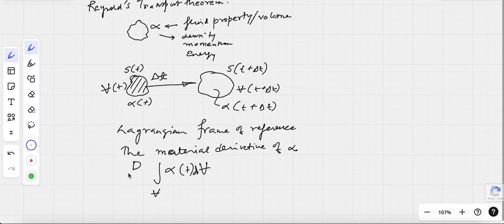Material derivative is D by Dt. So D by Dt,